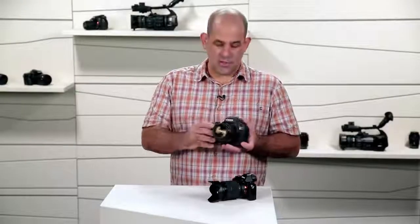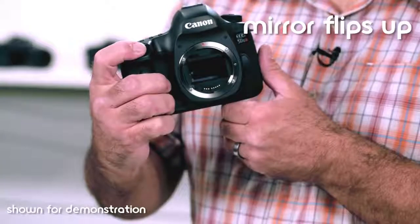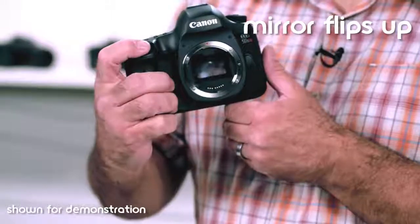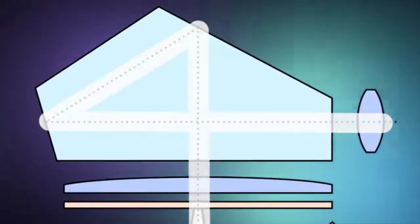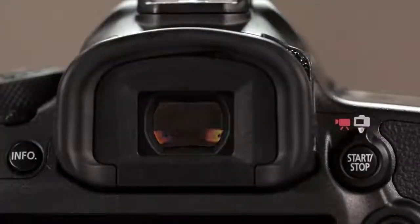Now, when you want to take a picture, things get really interesting. You hit the shutter button, and that whole mirror assembly flips up. That's that distinctive picture-taking sound that DSLRs make. Light hits the camera's sensor or film directly, and the viewfinder blacks out until the exposure is finished. Basically, you'll see approximately the exact same light level as you experience. So if it's dark, you'll have a dark viewfinder,